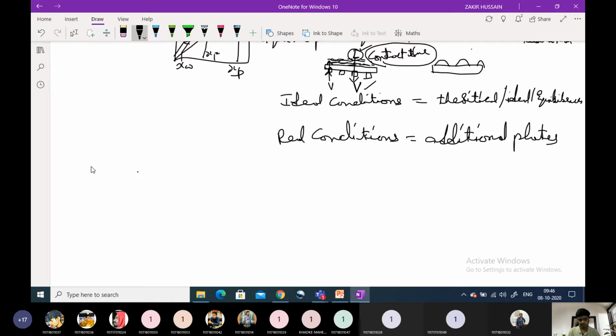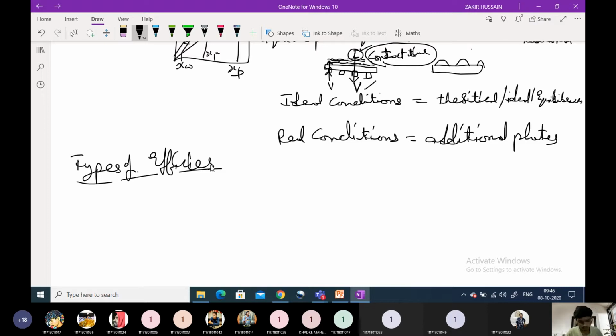So what are these efficiencies? To define these efficiencies, in order to gauge the deviation between the contact time and the reaching of equilibrium, we will have a number of types of efficiencies. Then what are these efficiencies? What are the types of efficiencies? So first, the role of efficiencies.